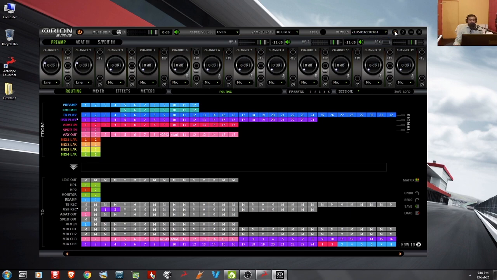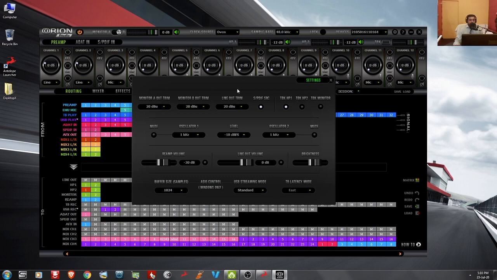Next we have a settings option. So this is the device settings. We have 2 sets of monitor out. We can trim these monitor outputs as we wish. So there are so many options. I usually put the monitor trim to 20 dBu, and we have a line out trim. We have 2 sets of line outputs that is on DB25 ports, so we can use the trim if you are using some external gears, monitors, or some other thing. Okay, I will always use the 20 dBu.